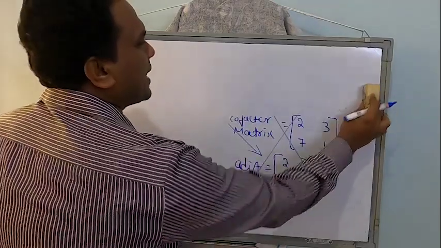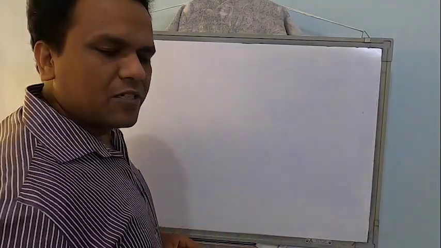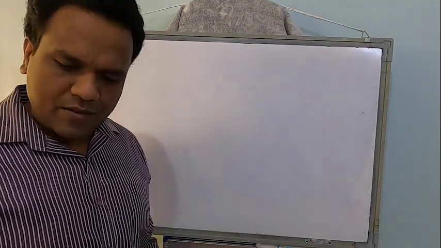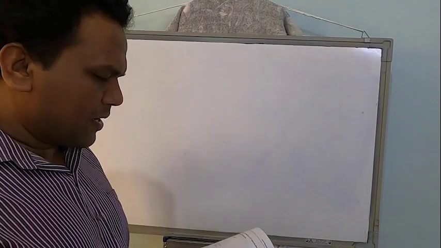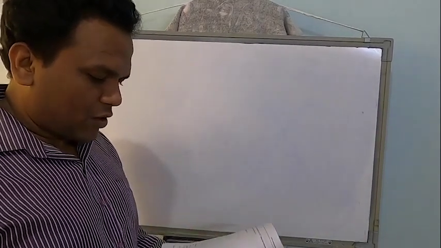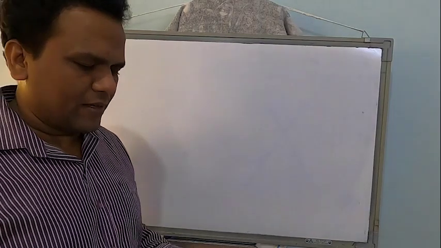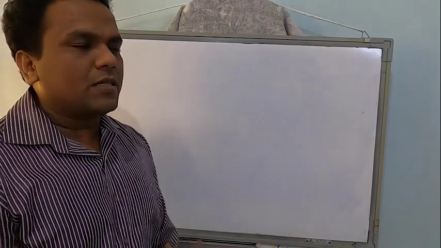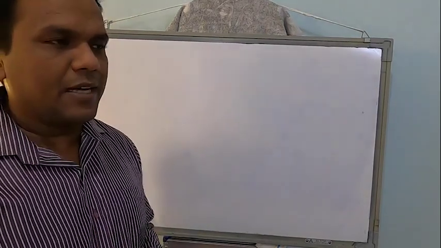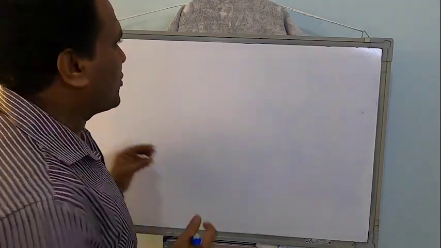Now some standard results or theorems based on these concepts I have explained. First let us learn the standard concepts. On minors there is nothing actually, but when I go for adjoint, there is one particular theorem which I would like to expand and explain. Now to explain the theorem, first I should explain something for you.